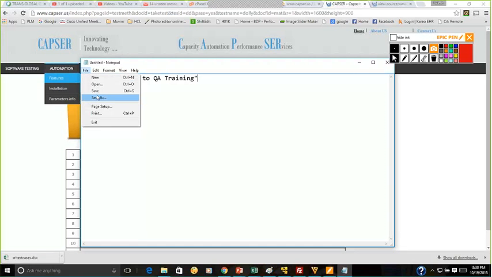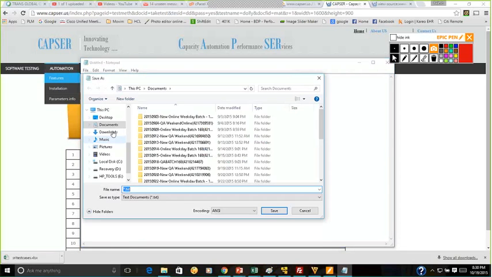Now when I'm saving, I'm going to save it in VBScript format.